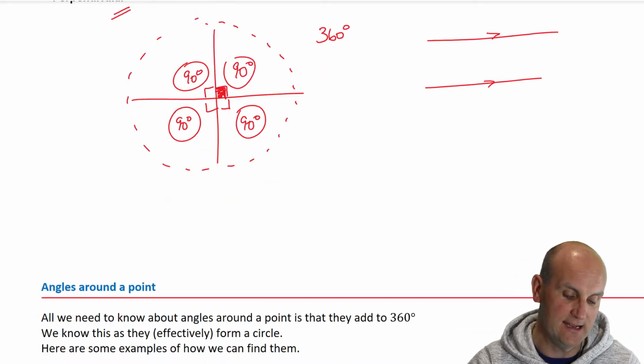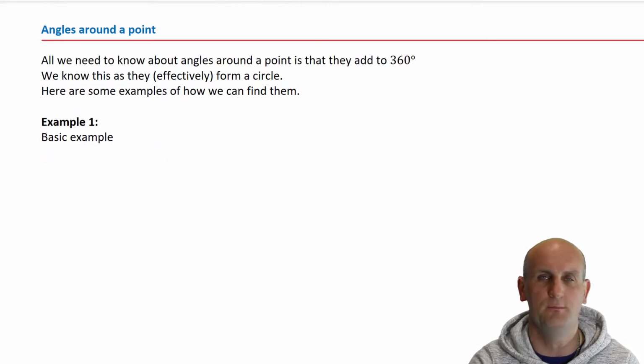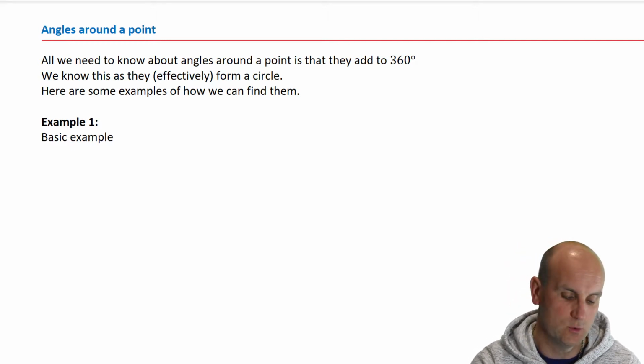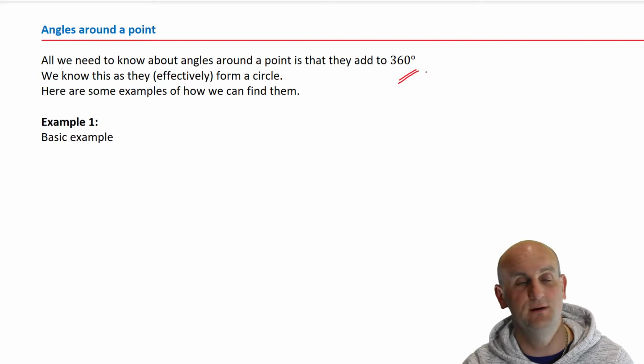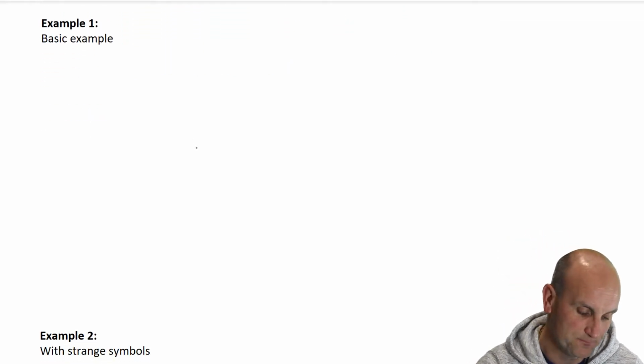And so, ladies and gentlemen, one of the fabulous learnings for this lesson, other than all the complementary and supplementary stuff, is that angles around a point always add up to 360 degrees. Knowing that information, we can pretty much find anything. So let's do a basic example. Here's a point, and